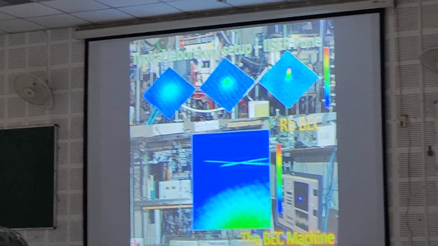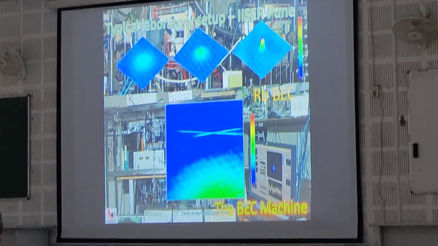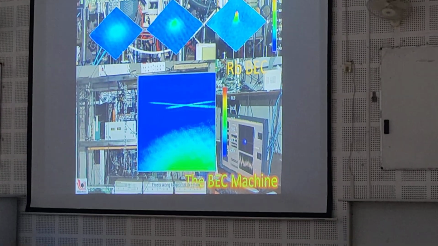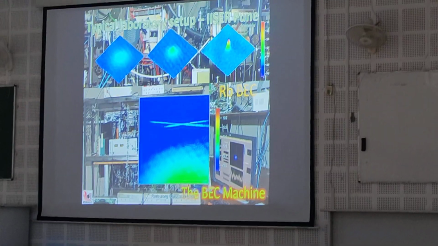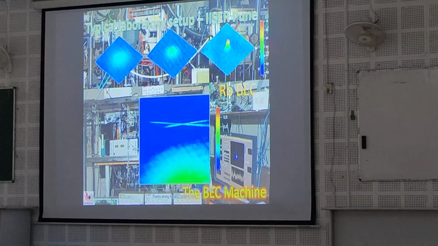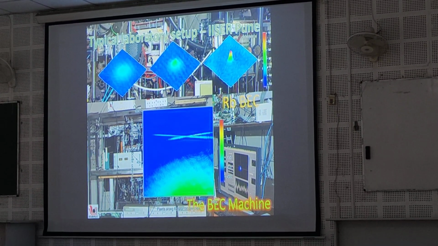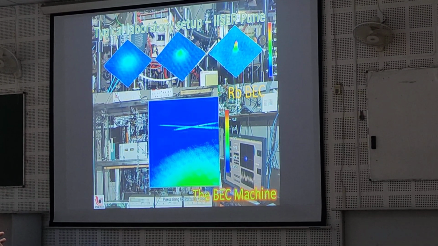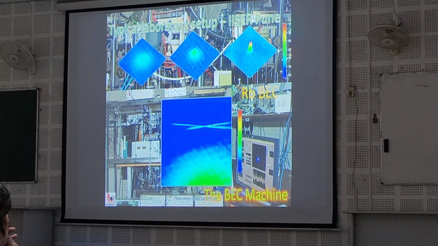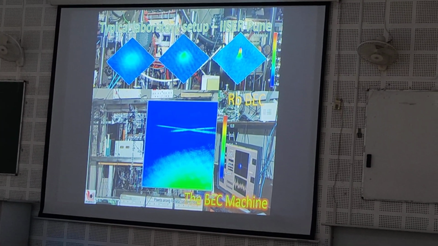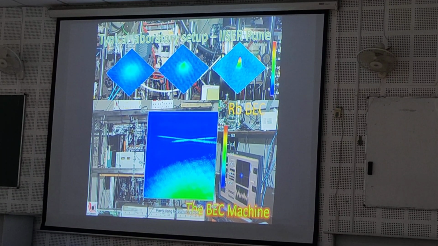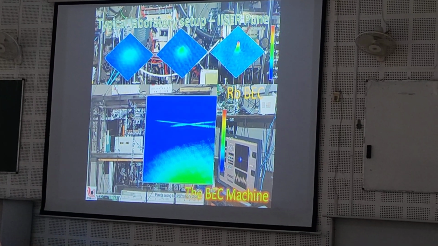shape of the container, okay, in the sense that in our case the container is formed by magnetic fields or optical fields, so it can be compressed along one direction more than the other direction. So the shape of the cloud of atoms can be like an ellipsoid in the trap. Now, if your atoms are in a thermal state, once the trap is turned off, these atoms are going to